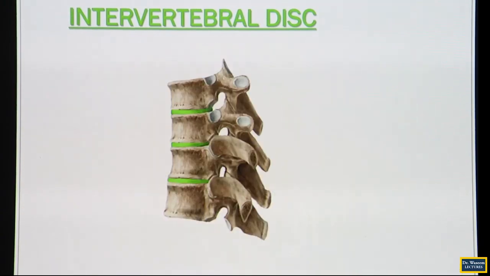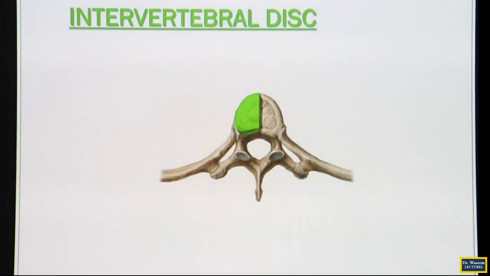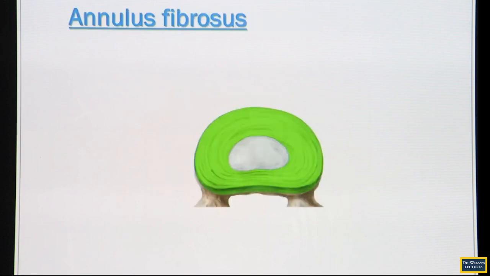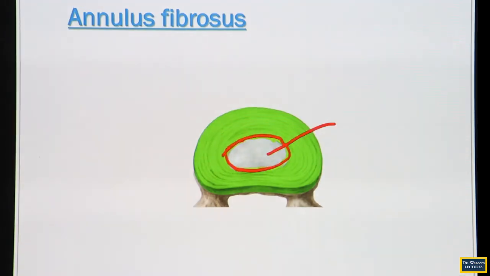And if you look at this disc, half has been cut here. It will have a central core here, which is gelatinous. In the central portion there is a core or nucleus, and that nucleus is gelatinous. This is a derivative of the notochord, its embryonic derivation. We call this gelatinous nucleus the nucleus pulposus,